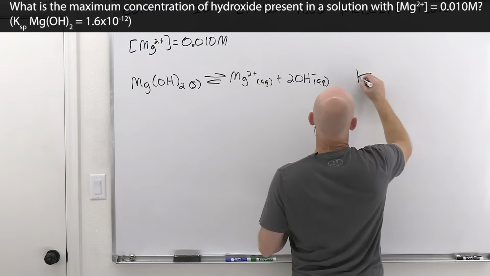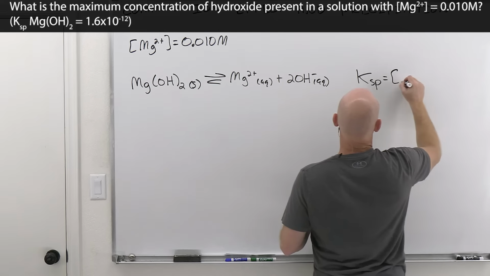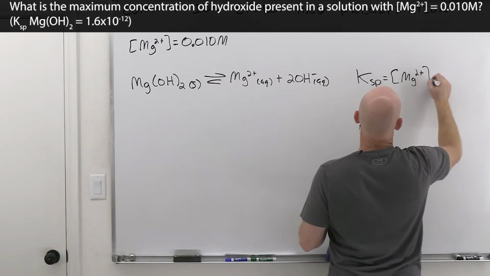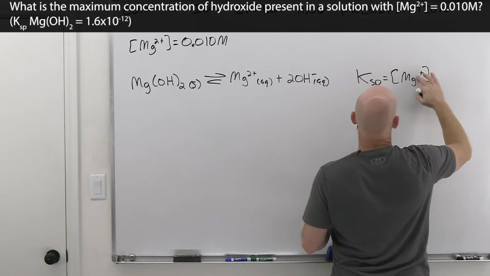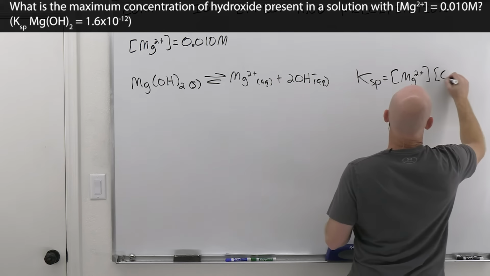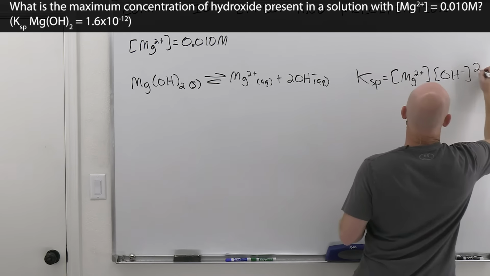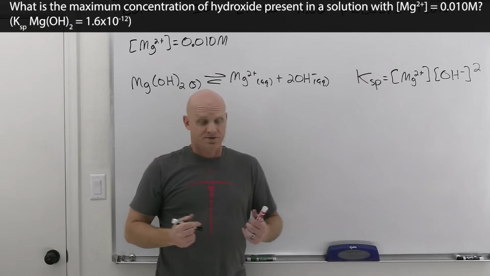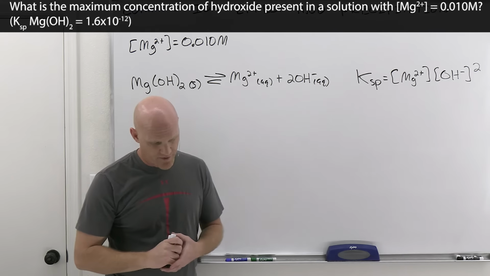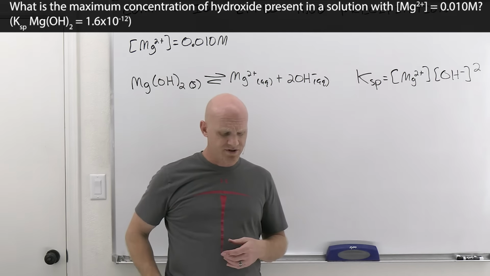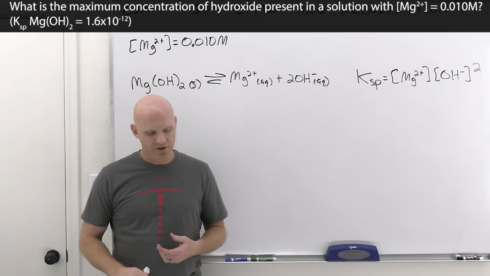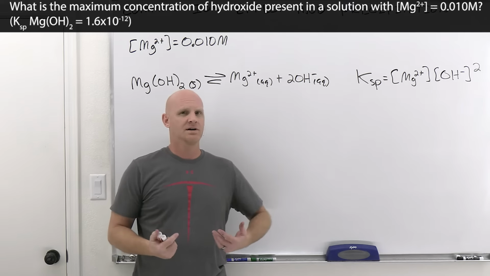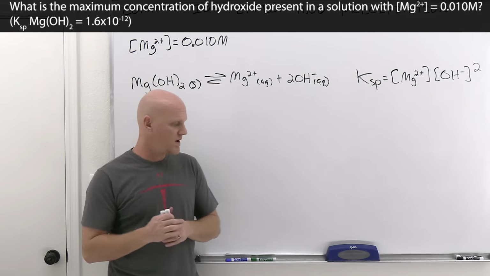The Qsp expression is simply Mg2+, that's a really ugly 2, times the concentration of hydroxide squared. So we started this off good here. We're told that the magnesium ion concentration in the solution is 0.01 molar, and they're asking for the maximum concentration of hydroxide present. So what you really got going on here